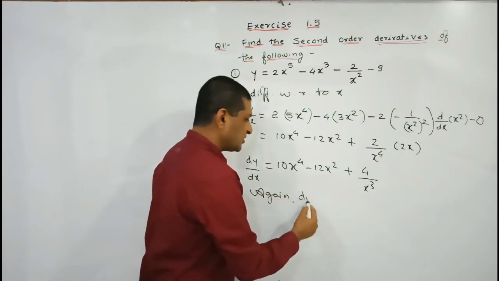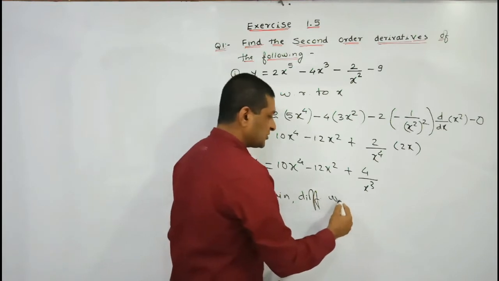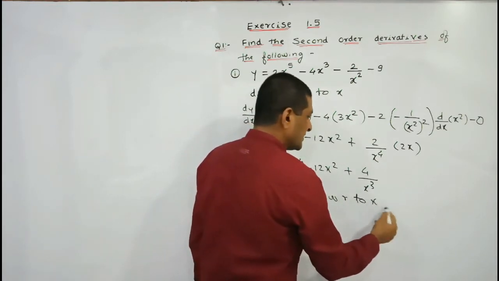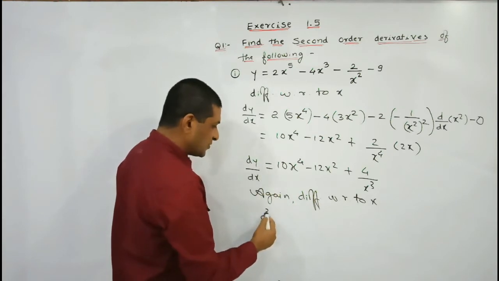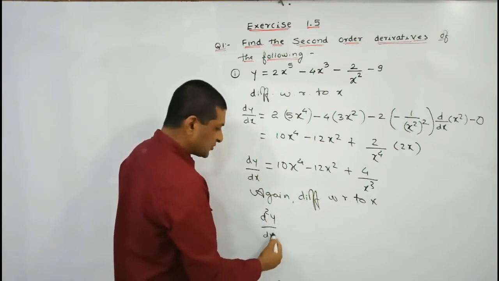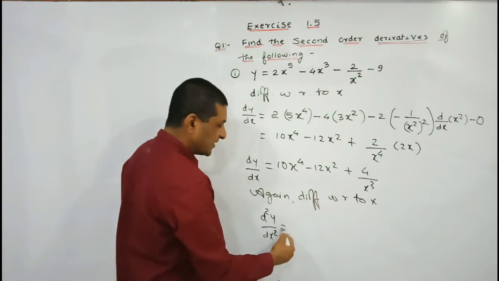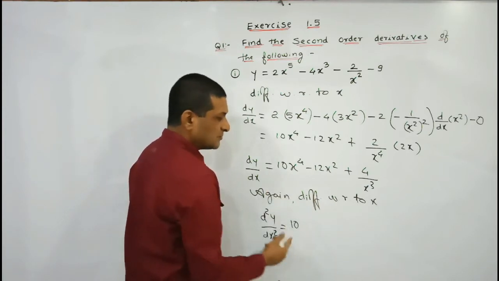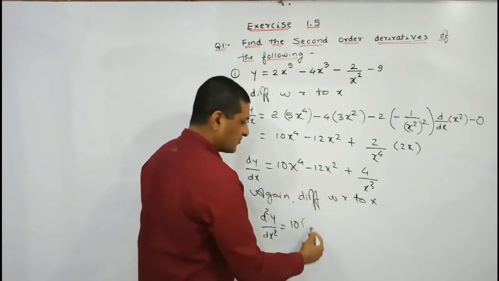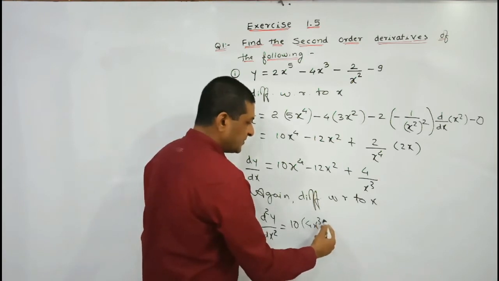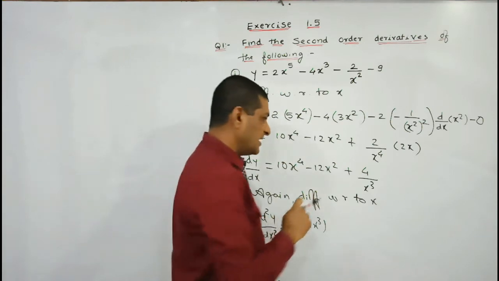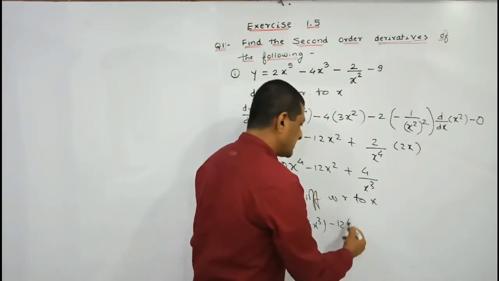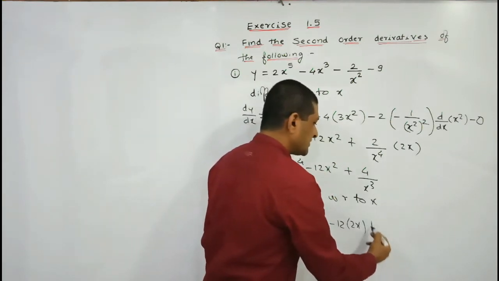So we are differentiating it with respect to x. Already we have seen that the derivative of dy by dx is denoted by d2y upon dx square, which is called the second order derivative. On this side, 10 is a constant term, keep it as it is, the derivative of x raised to power 4 is 4x cube. We have simply taken the power of x as a coefficient and decreased its power by 1.